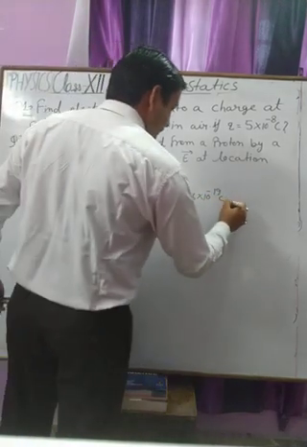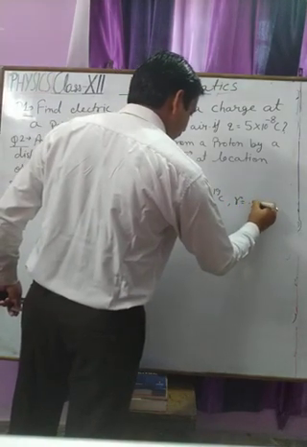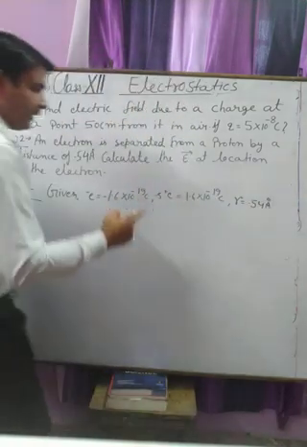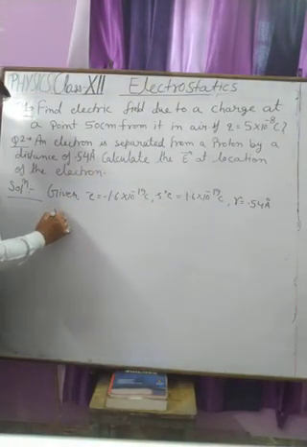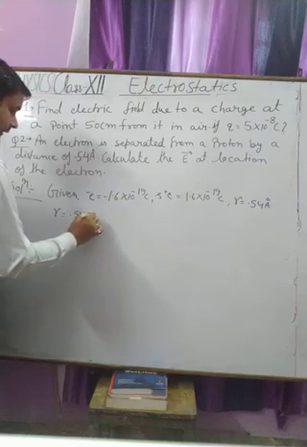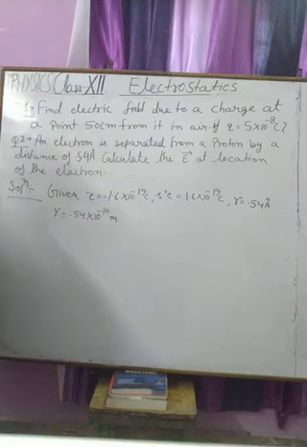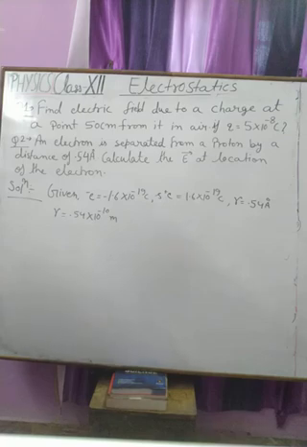a distance r, 0.54 angstrom. We can resolve this value, that is r is equal to 0.54 into 10 to the power minus 10 meter, and the distance between electron and proton is this. So we have